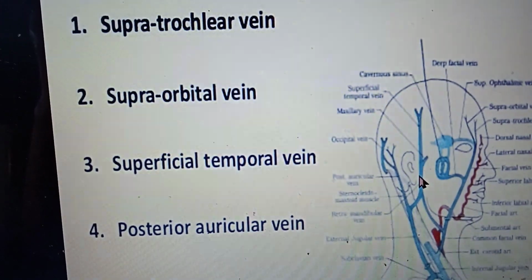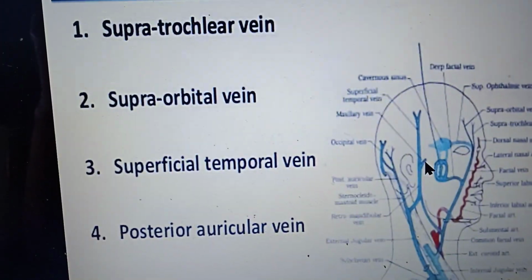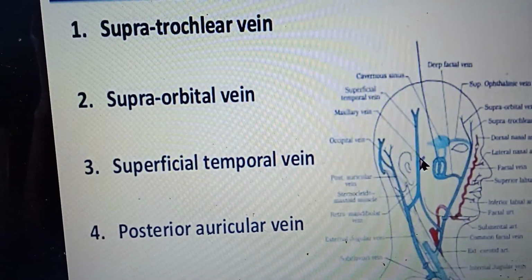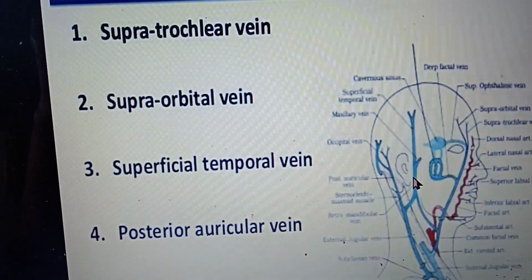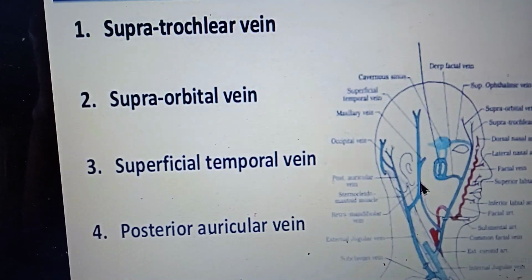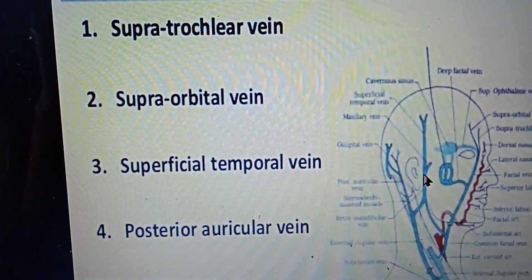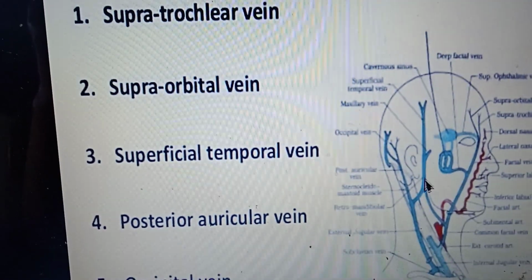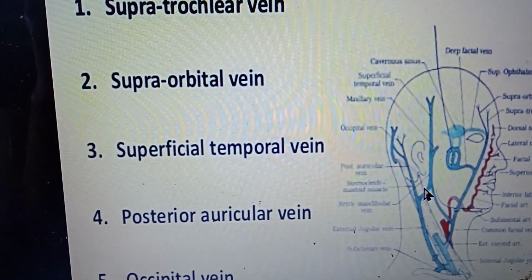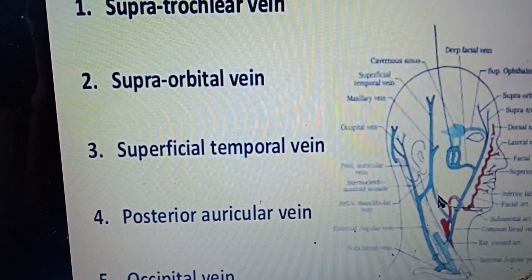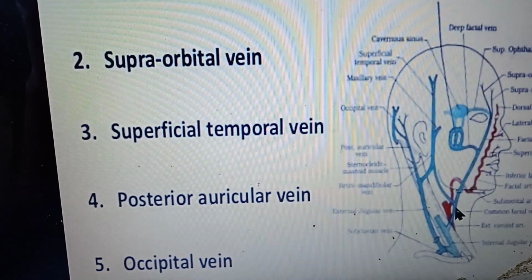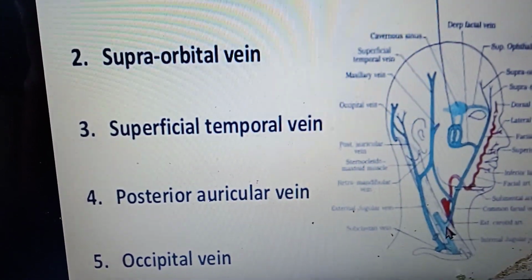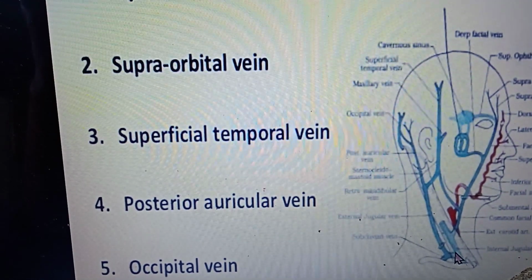This one is retromandibular vein, which has two terminal branches, that is the maxillary vein and superficial temporal vein. Both of these veins unite to form the retromandibular vein, which is within the substance of parotid gland, and also has this anterior and posterior division. Now anterior division of retromandibular vein and this one, the facial vein, both unite to form the common facial vein, which opens into internal jugular vein.